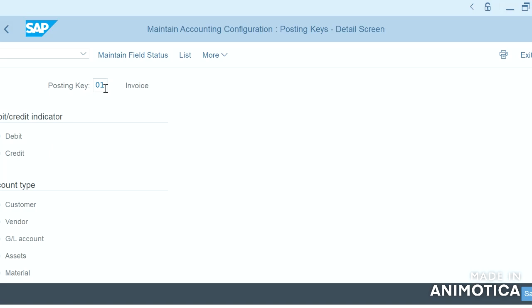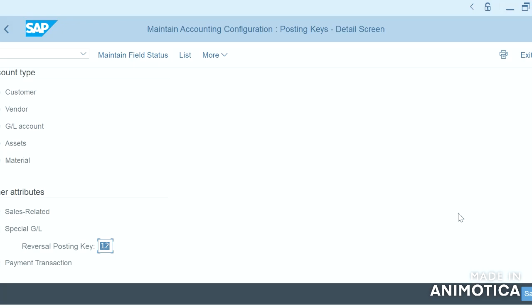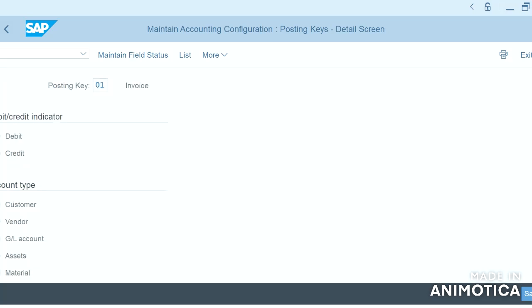If you see here, 01 is an invoice document, and if you select 01 while posting the document, it will pop up customer debit. You can see the posting reversal key for 01 is 12.